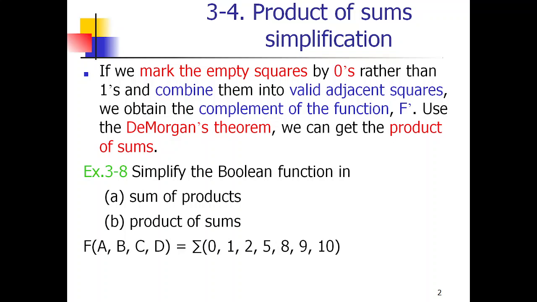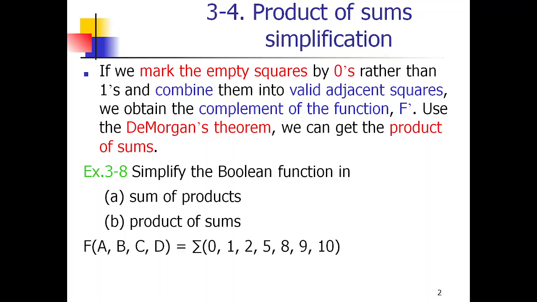In the previous video we discussed all the K-maps. In that, the final Boolean function we obtained is in the form of sum of products. Now we are going to see how to obtain the product of sums. Normally we mark the given min terms in the K-map as 1. But here we are going to mark them as zeros.